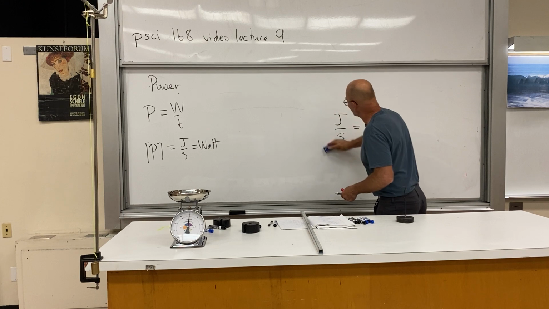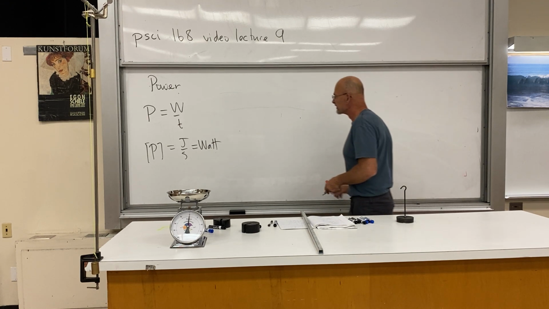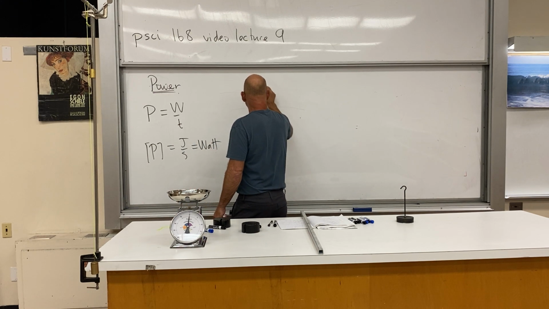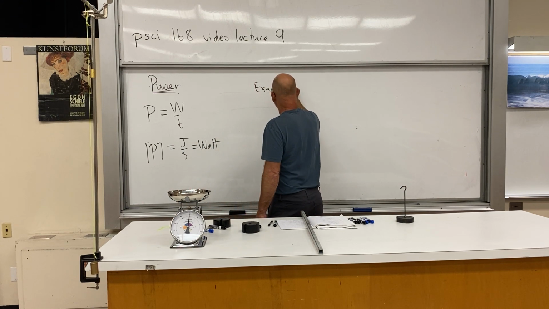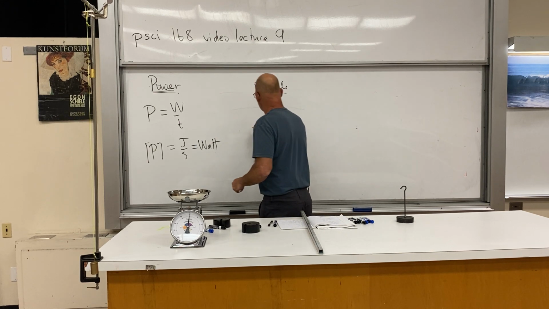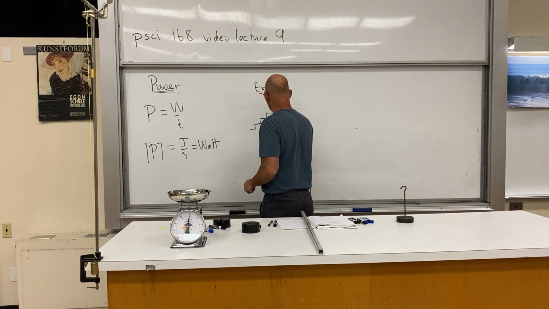Now let's look at our example. The first one I want to do is the stair climb because it has some good numbers. So suppose we do our stair climb